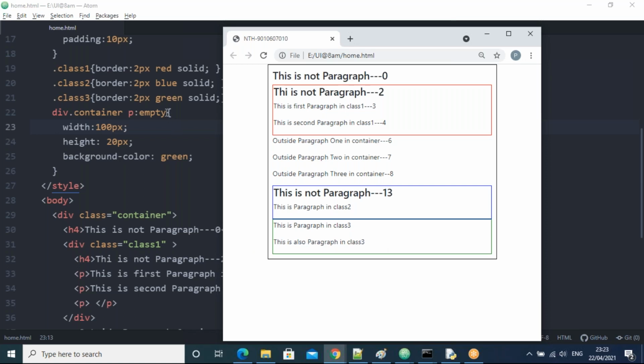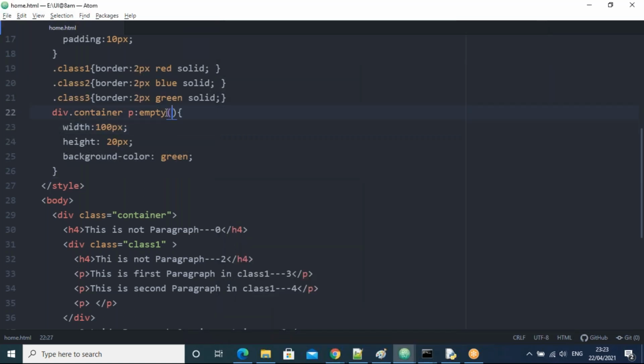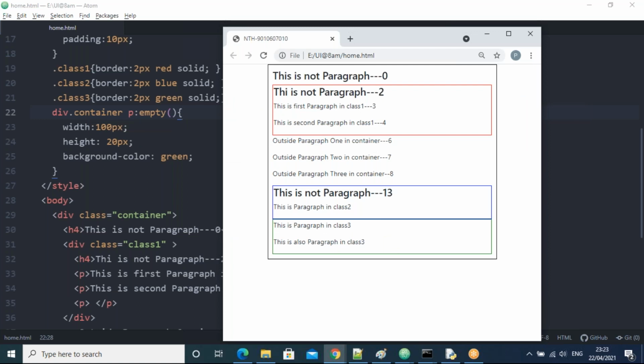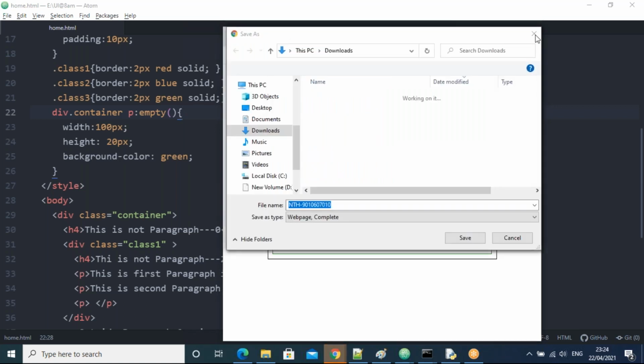I think, do we take the function brackets here? Let me check, guys. Let's refresh here. Oh, sorry, guys, I clicked Control S on this file.